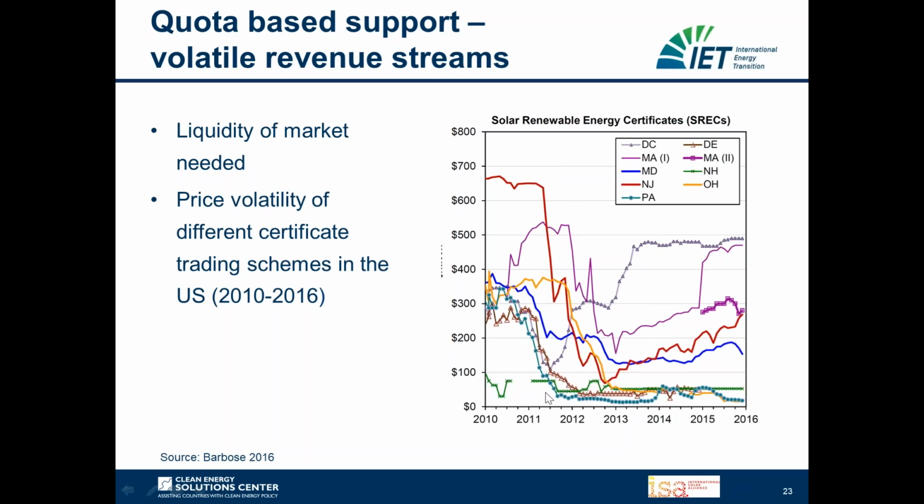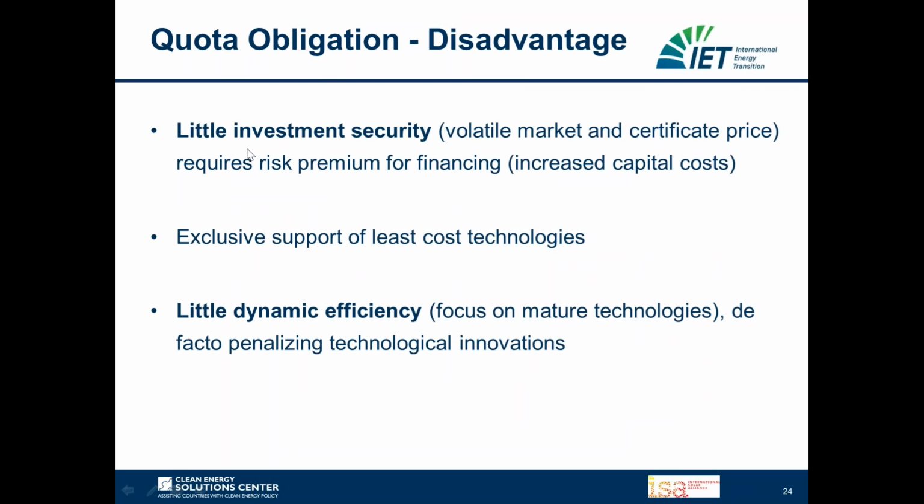Or if I give you finance for a volatile market like this, this normally increases the risk premium, and this increases the cost of capital, and therefore it can also increase the cost of solar PV and the cost of other renewable energy technologies in the market. So this is then a major disadvantage, this lack of investment security due to the volatility of the certificate market,